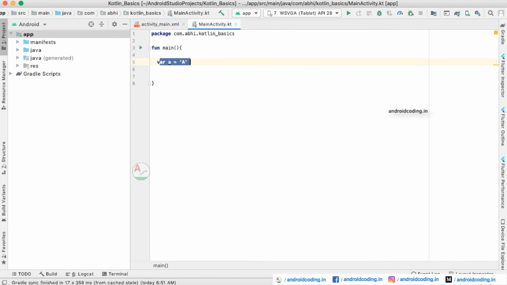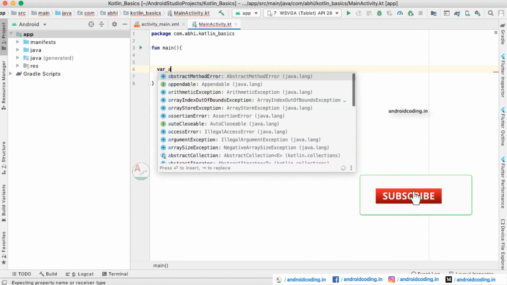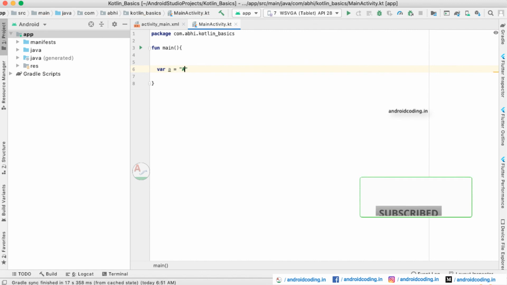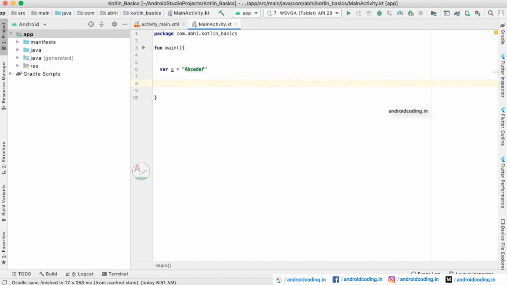Now let us see the declaration of a string. Previously we saw the character data type declaration, and if you have multiple characters, it will be considered as a string in Kotlin. Here we take the same variable a and try to add more than one character.